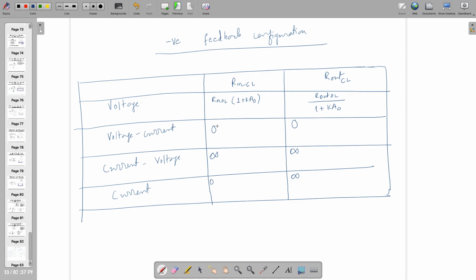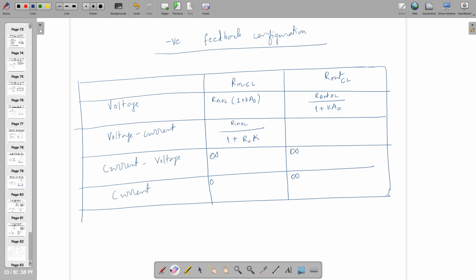Similarly, in this case, if you need 0, it's a current to voltage, so it's a trans impedance amplifier. First of all, your feed forward element is not going to be equal to A0, but it's going to be equal to R0, where R0 is a resistance. So if it is 0, you want R in open loop to be decreased by 1 plus R0 times K, where R0 is your feed forward element.